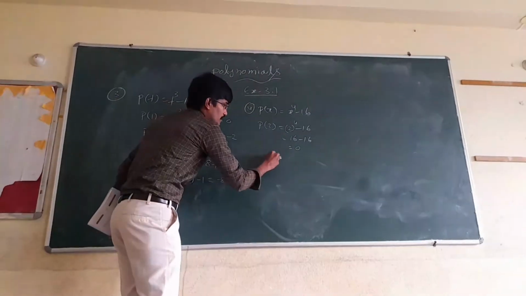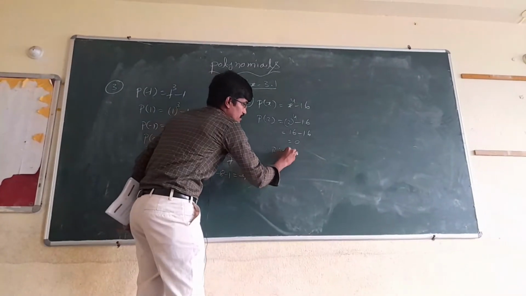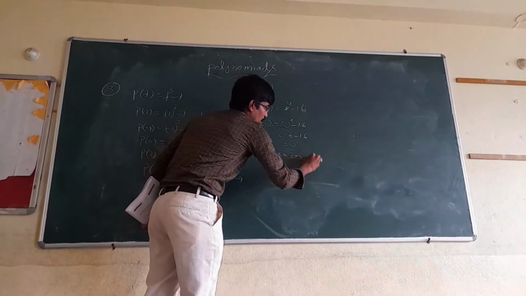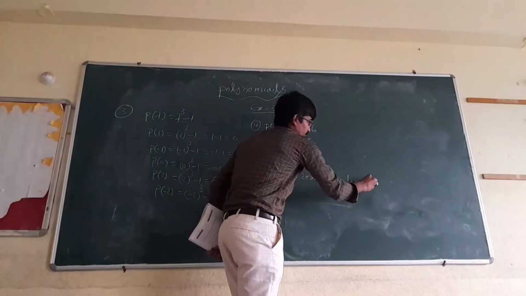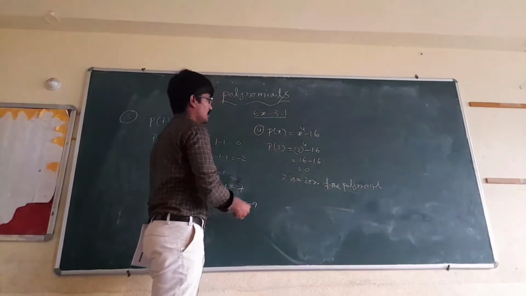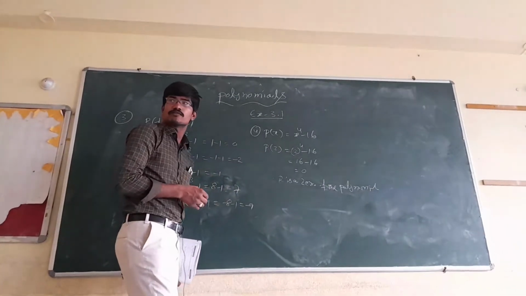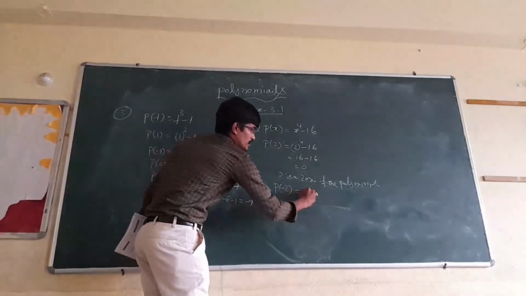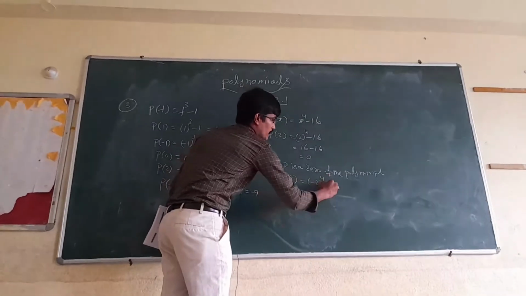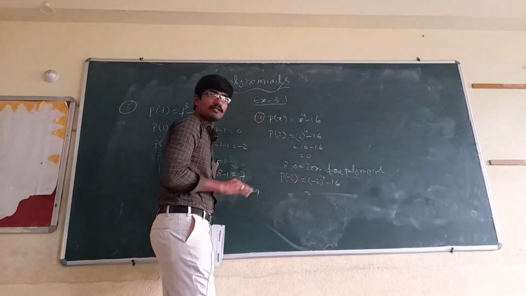Then you have to write here: 2 is a zero of the polynomial. Next we have to check minus 2 also. What will come, sir? P of minus 2 means minus 2 whole to the power of 4 minus 16. Minus 2 whole to the power of